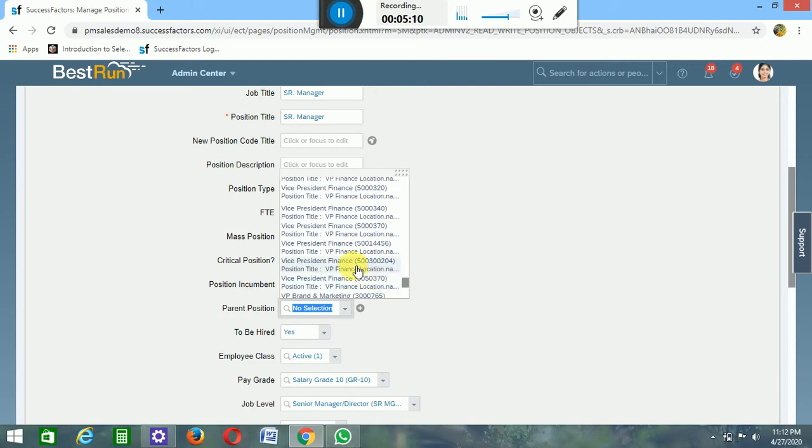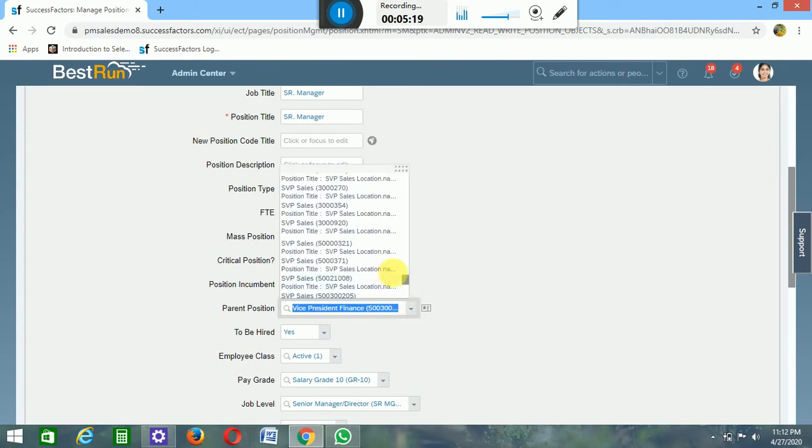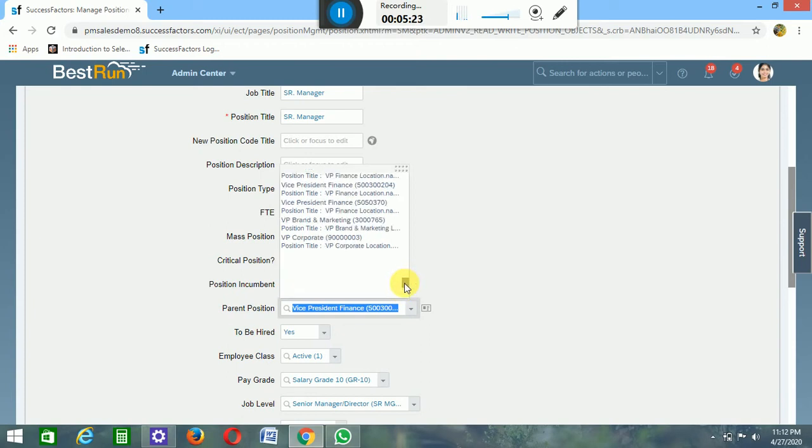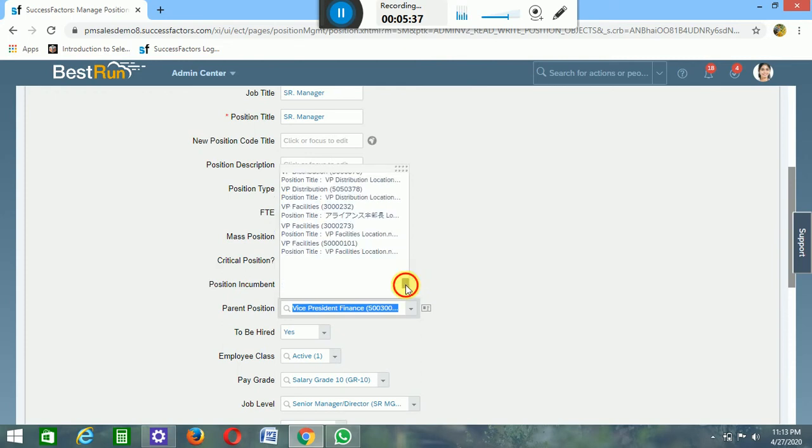Depending upon the location, we can find out the location as well here. Depending upon which location you want to create the position in, and under whom, it depends. See, this is location Amsterdam, this is Boston, and these are VP Finance, VP Corporate. Depending upon the requirement and need, you select all these things.